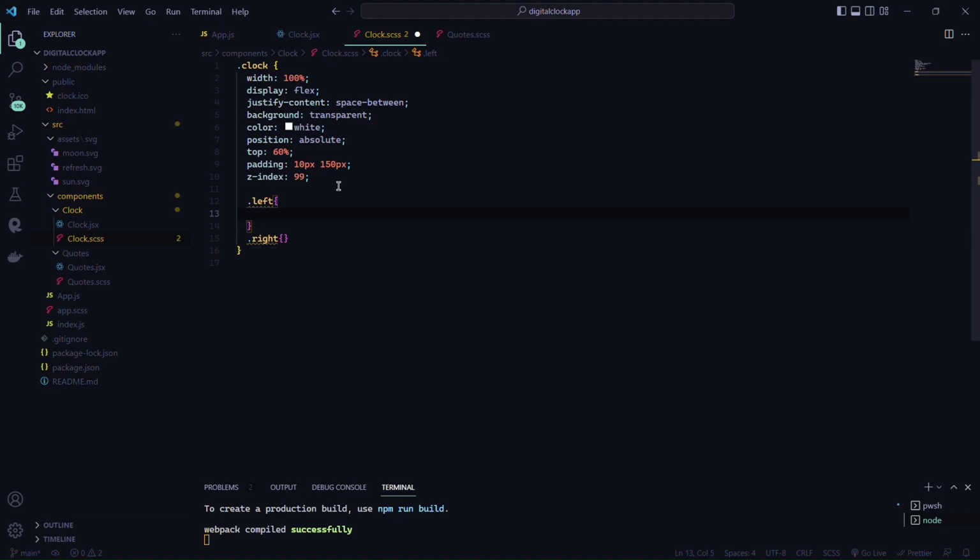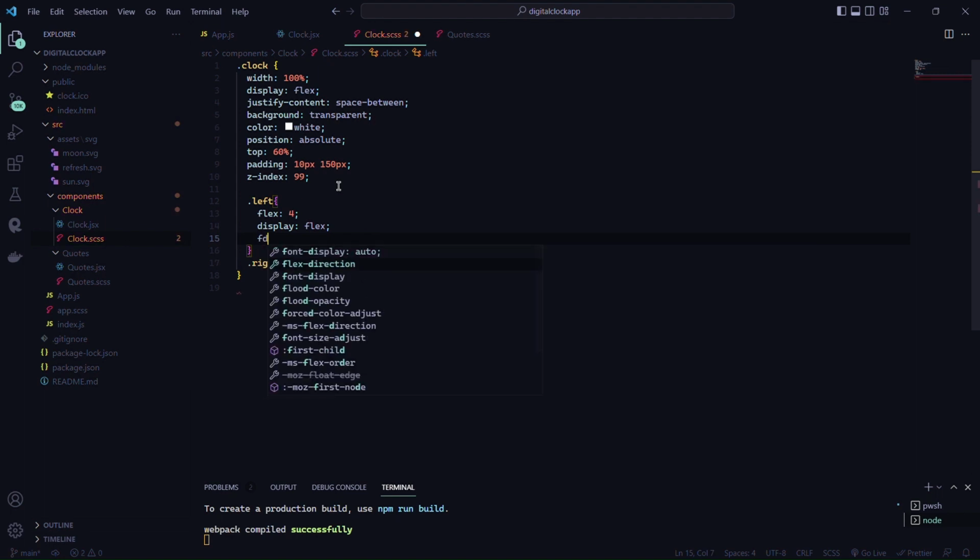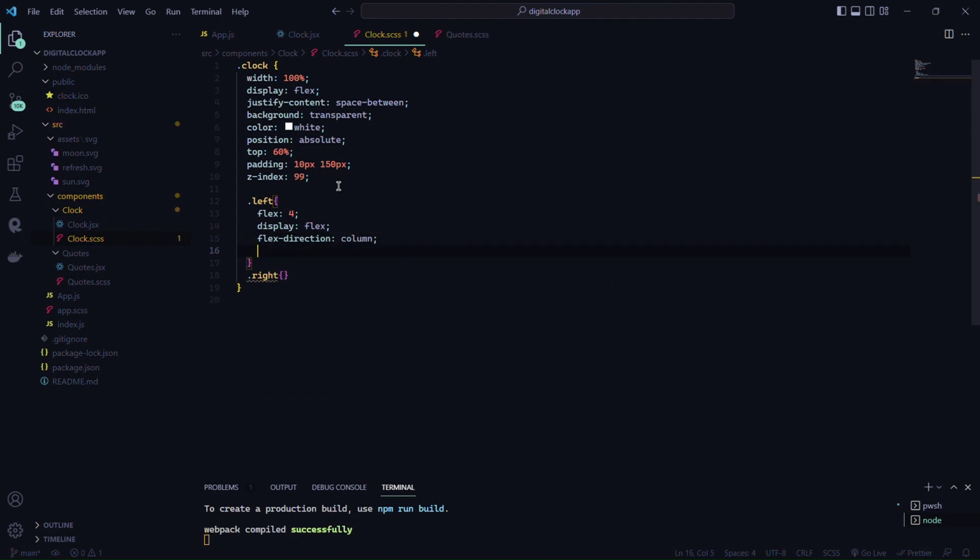Okay, so in left we give flex of 4. Display flex, direction column, gap between them is 20 pixels. Now in left we have top, center and bottom. So in center,